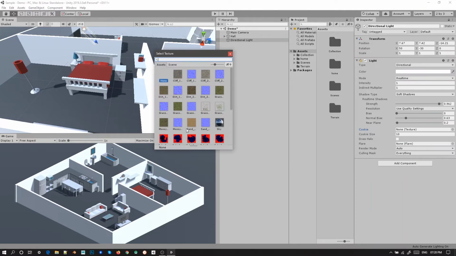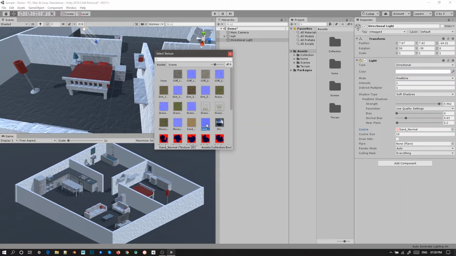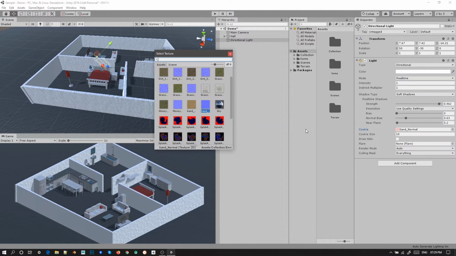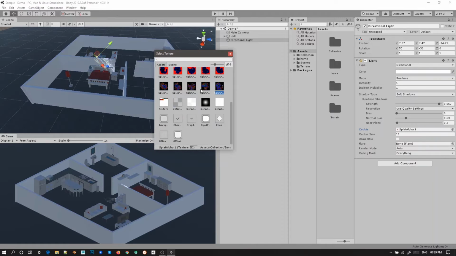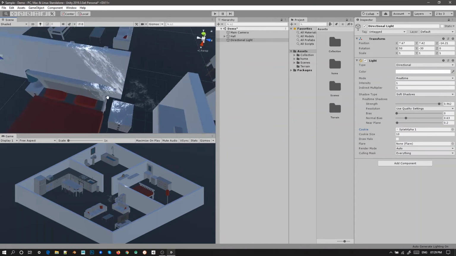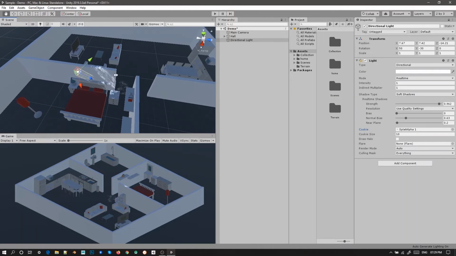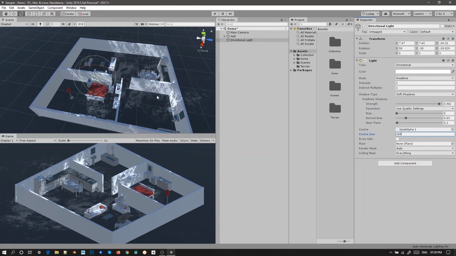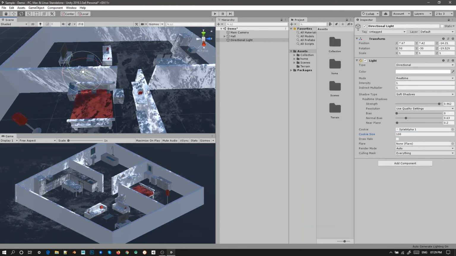So after choosing a texture, we shall see how this works. The light's effect along with the shadow will be shown, that you can see here clearly. In order to see this more clearly, we shall just increase the cookie size, right? For example, I am making the cookie size 100. So you can see that the texture is being applied and the texture is very clearly visible here, right, guys?